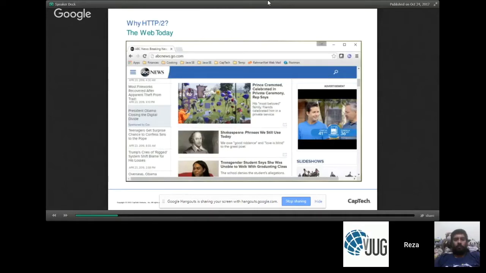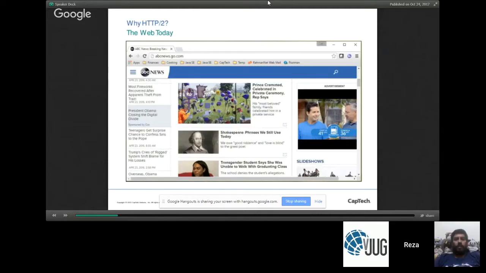Today, if you look at most websites, they will look like much of what I have on screen at the moment. I happen to be using ABC News as a website, but if you go to pretty much any major corporate website, whether it's CNN or Amazon or eBay or BBC or what have you, you'll see a similar type of format.